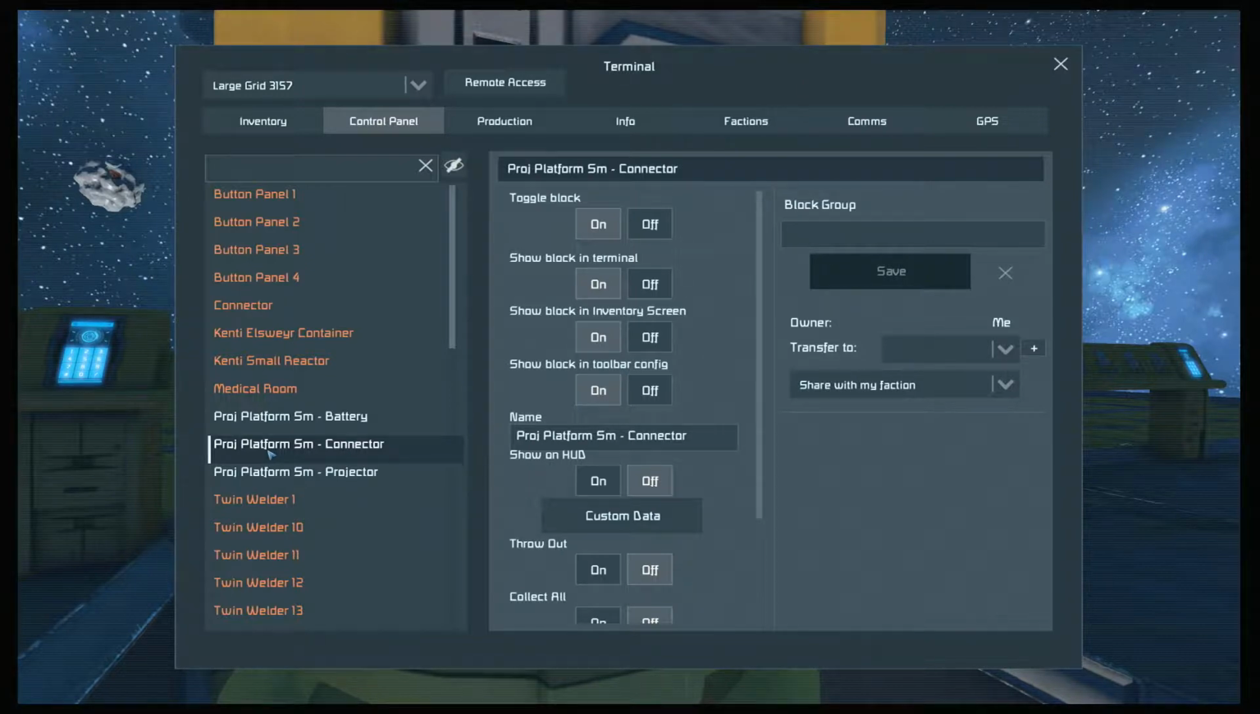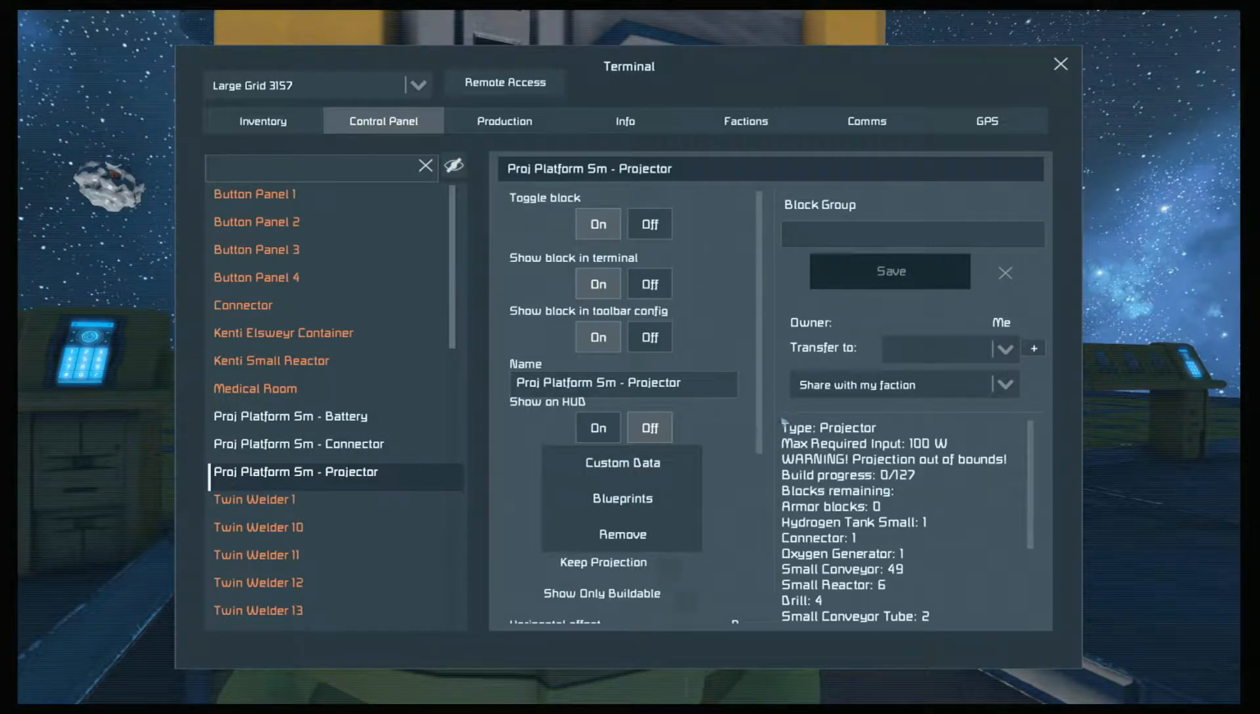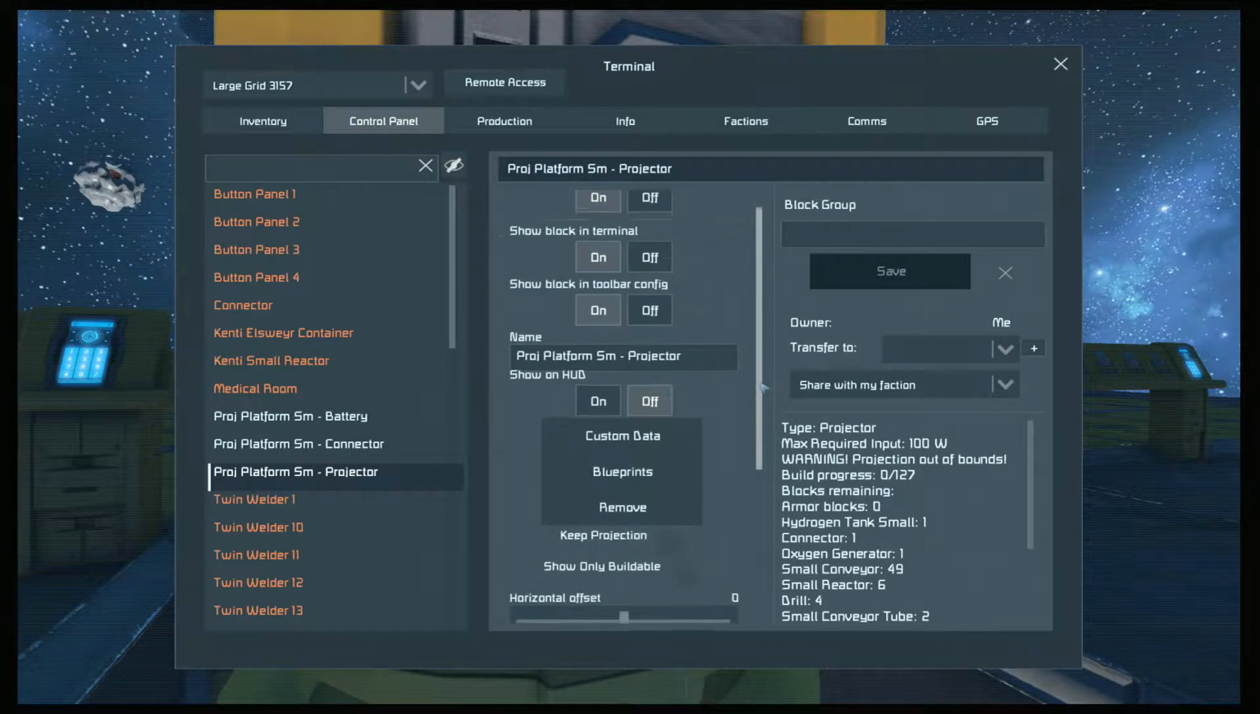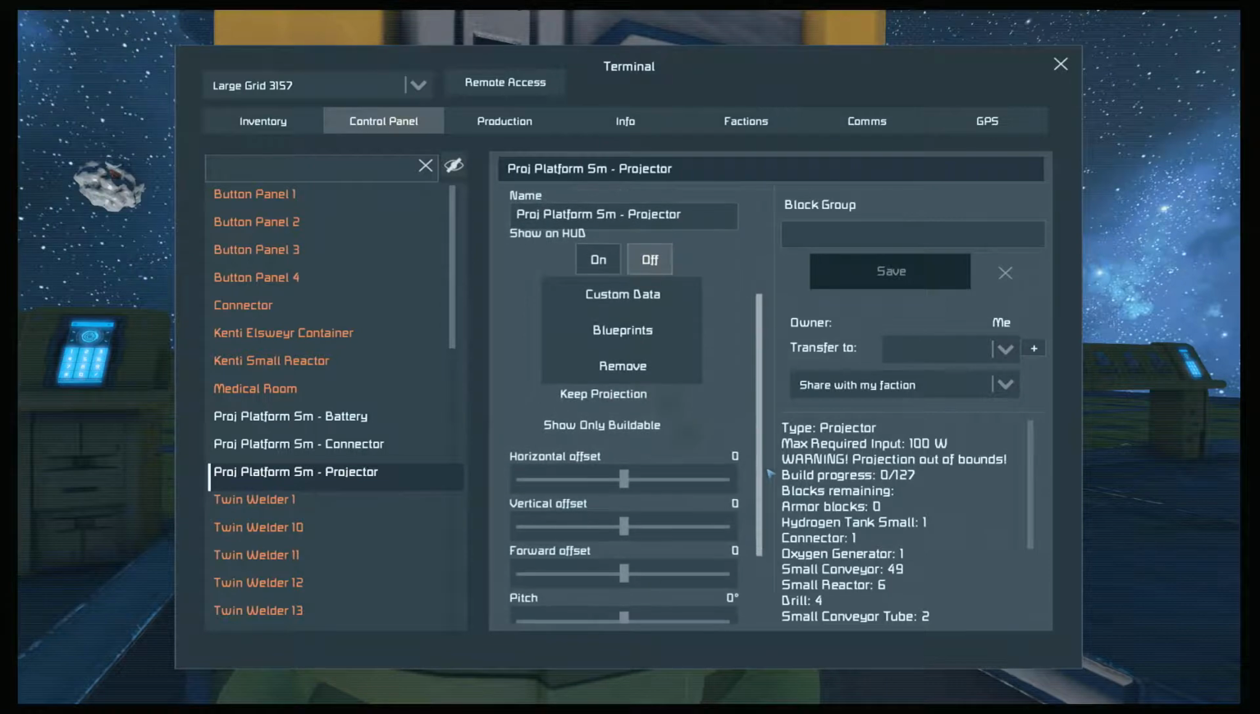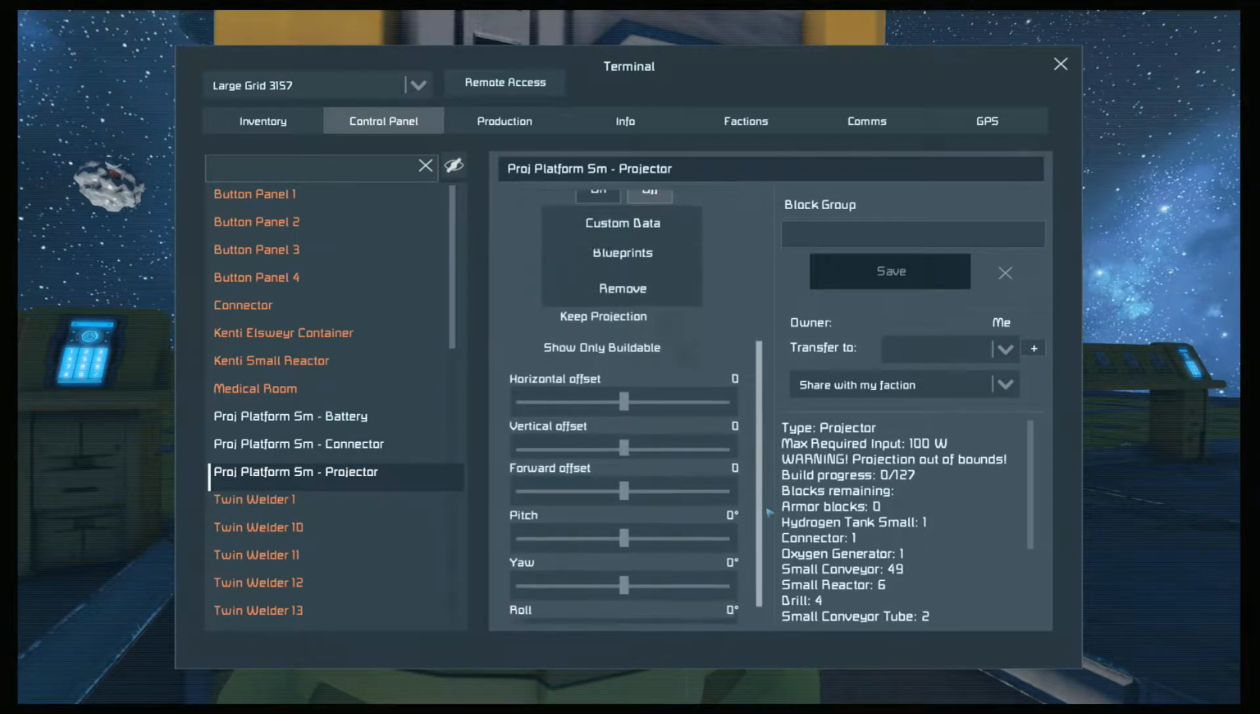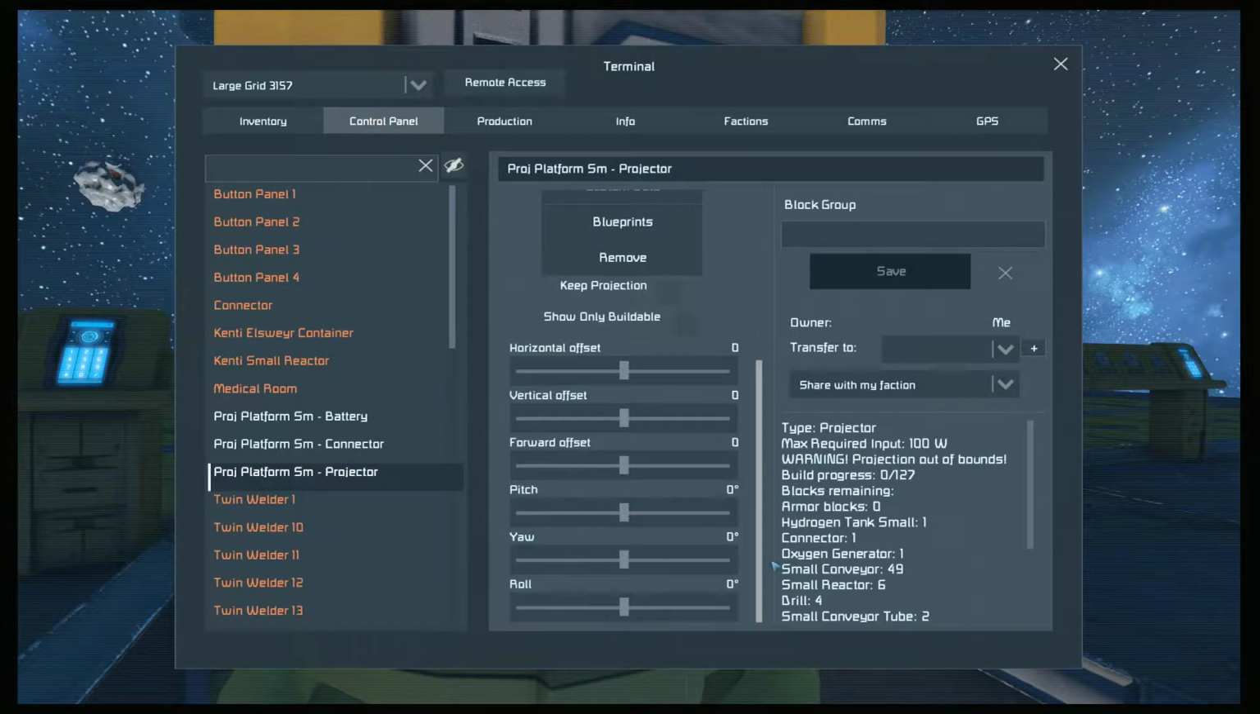Let's go into the projector and learn a bit about that, and then I will babble possibly at length on some of the other stuff. Now we're not going to worry about all this gibberish on the side yet. You see type projector, max input required 100 watts, warning projector, projection out of the bounds, blah blah blah. We'll get into that. What I really wanted you to see here is this